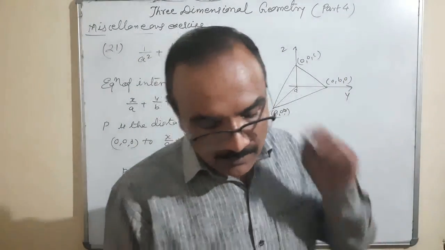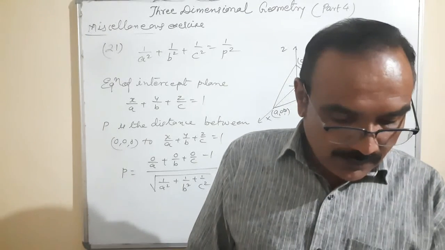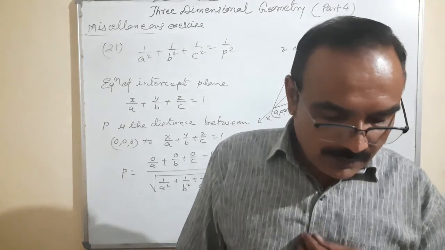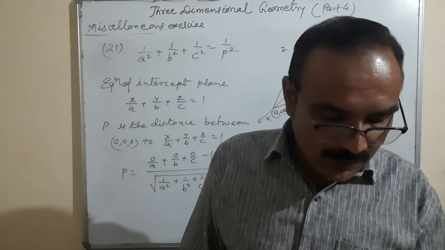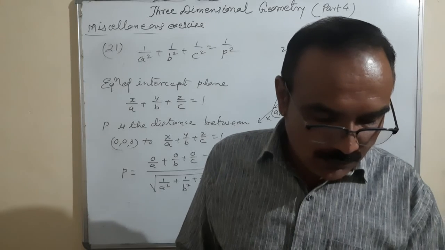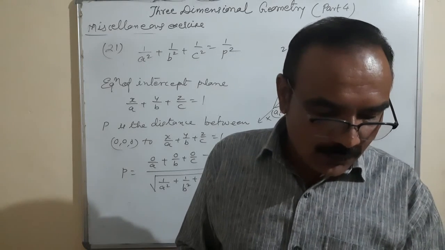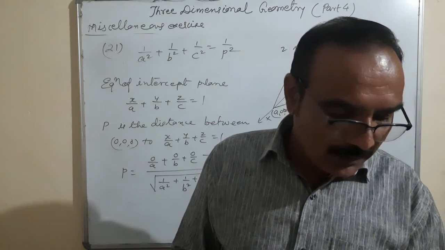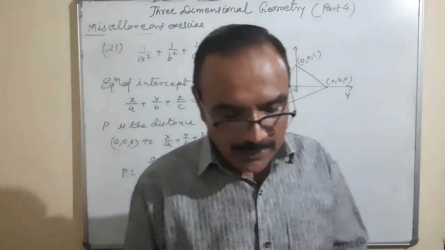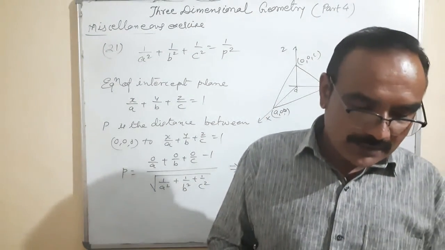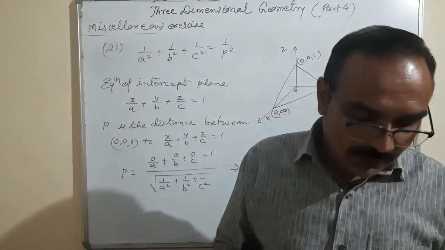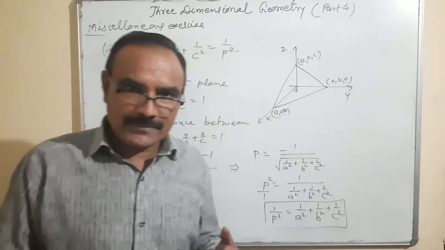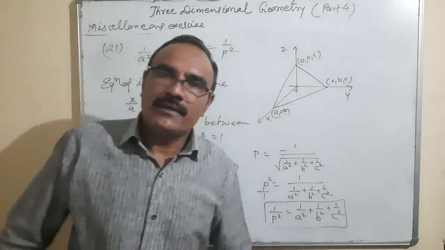Is it okay? It is 2, 3 and 4. When you divide the second plane by 2, it becomes 2x plus 3y plus 4z is equal to 6. So 6 minus 4, that is 2, upon under root of 2 square plus 3 square plus 4 square, 4 plus 9 plus 16. So in question number 22, option D is correct. 2 upon under root 29 will be the answer. And in question number 23, option B is correct, because the direction ratios of the normals of the planes are the same. That means they are parallel. Okay. Thank you very much.